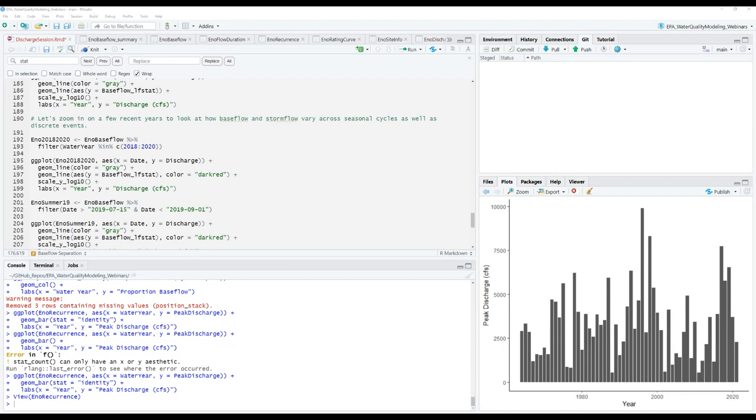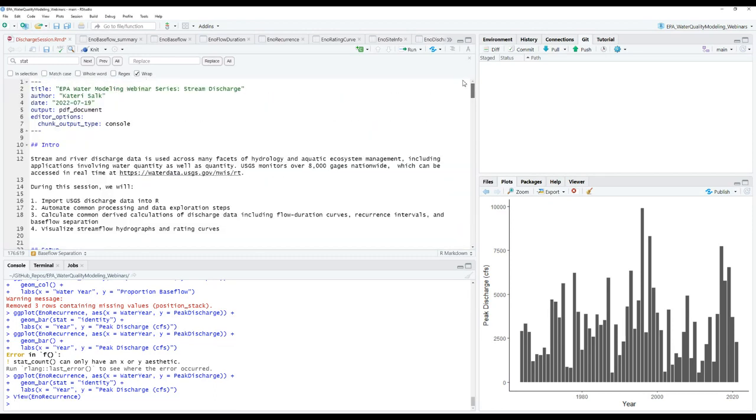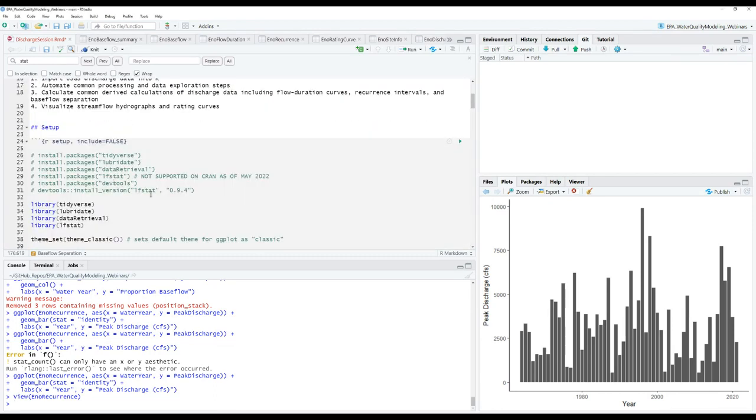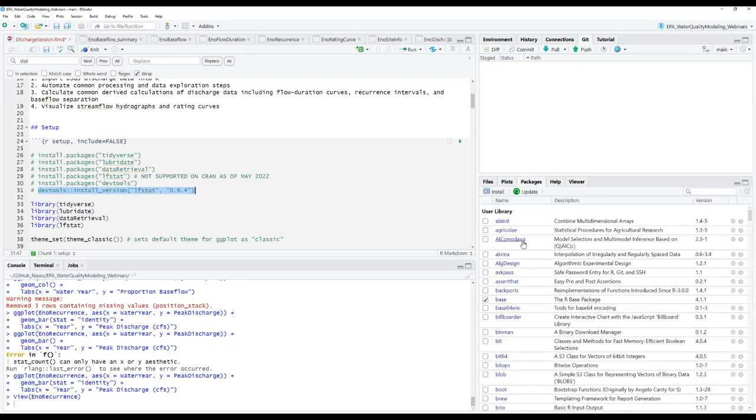So LFstat was developed by a specific group that for whatever reason is no longer supported on CRAN. The code is still available on GitHub, and so how you're actually able to access that in the new code that I showed today is that you could use the devtools package to install an old version of LFstat. You can access all of these packages from CRAN directly, or you can grab them from a GitHub repository that someone just has. So those are some options to get your packages into your library individually.